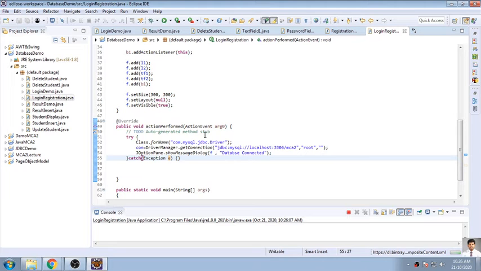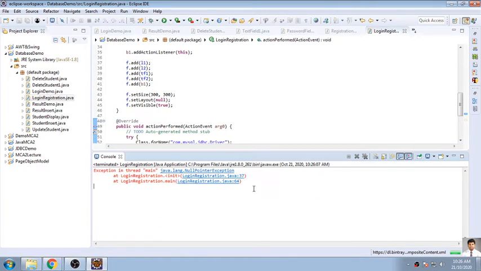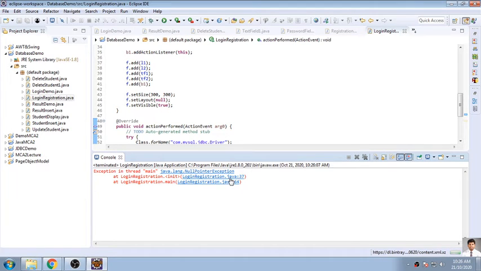After clicking the button, a null pointer exception in line 37.